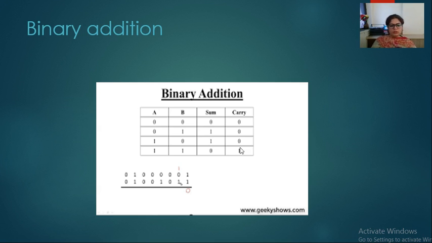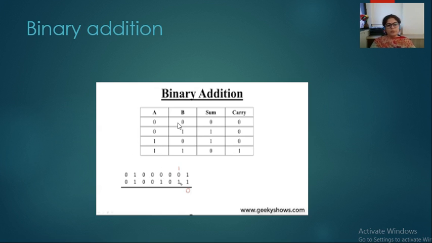Now I have taken this example in the form of a table. I have taken four combinations: 1, 2, 3, 4. Why have I taken these four combinations? The reason is we have only two bits, 0 and 1. So we have to make the combinations with two bits, 2 raised to power 2. Why are we taking raised to power 2? Because we have only two bits. So 2 raised to power 2 is equal to 4. So we have to deal with a total of 4 combinations. That's why I have taken this example with 4 combinations.